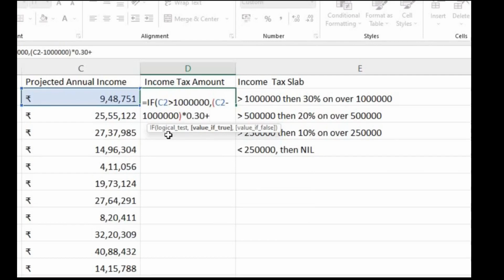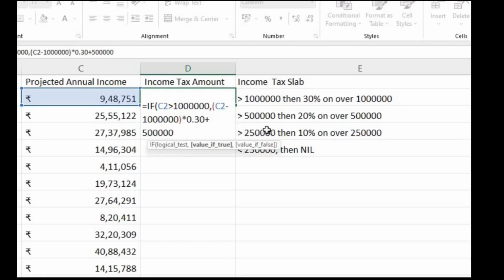Then 20% of the income which is between 500,000 and 1 million. So 1 million minus 500,000 will become 500,000, multiplied by 20%, which is 0.2.